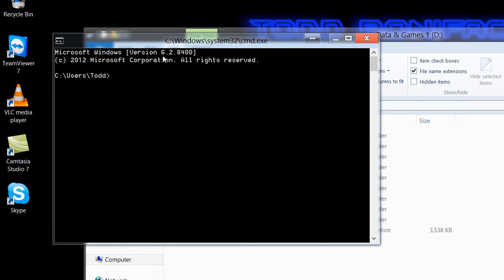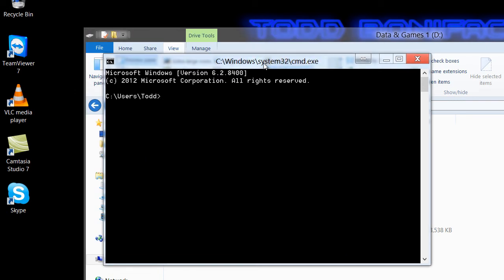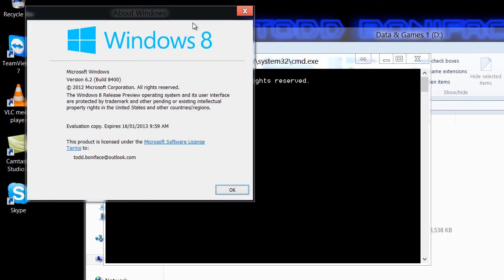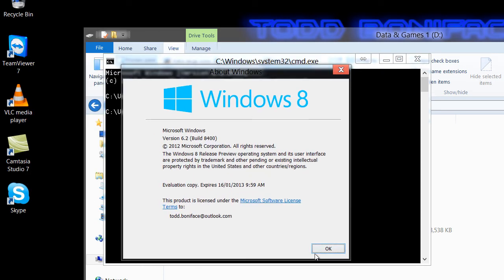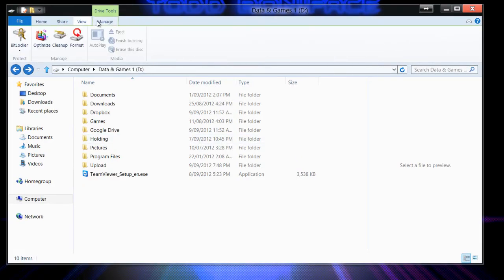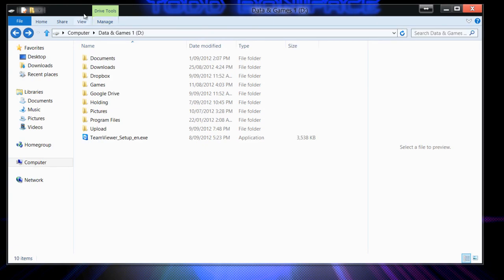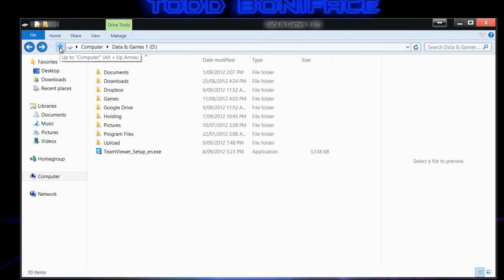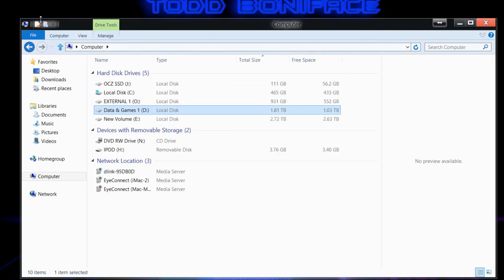The version is 6.2. The build number, so I'm using 8400. So WinVer, and that shows me that. Also, I'm using the evaluation copy, and it expires at that date. So exit, and as a whole, this just looks like Word, and we can go up again, so that's been added again,